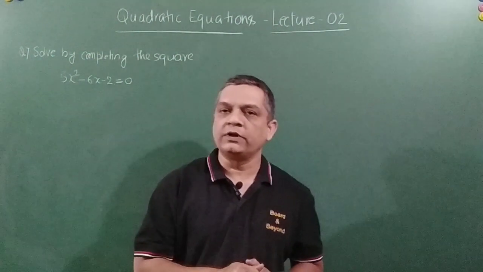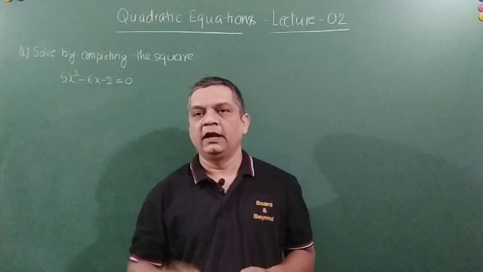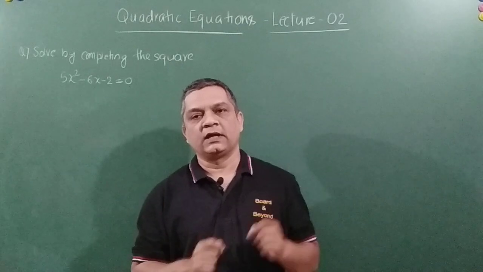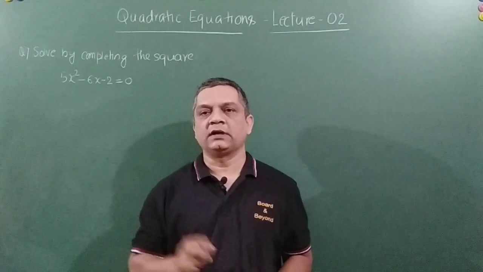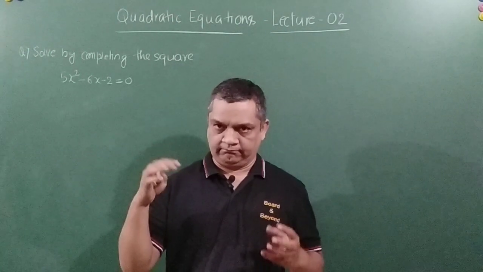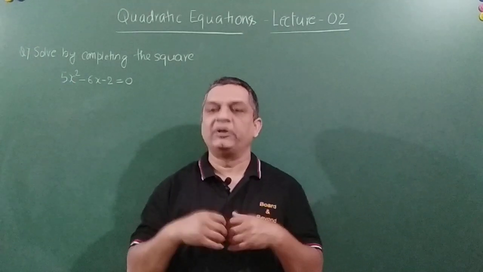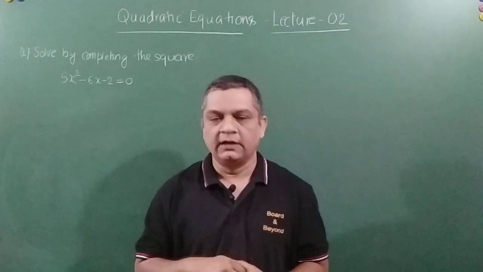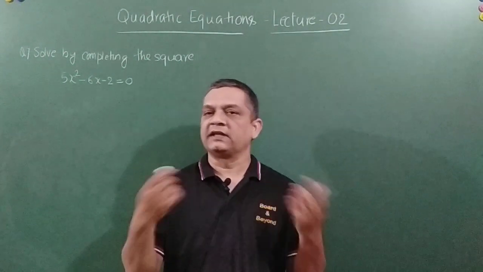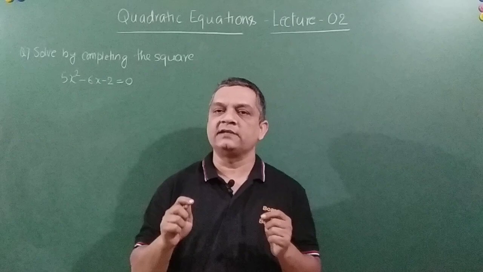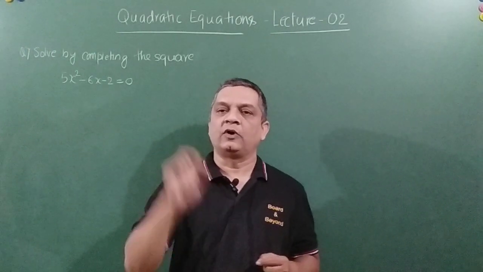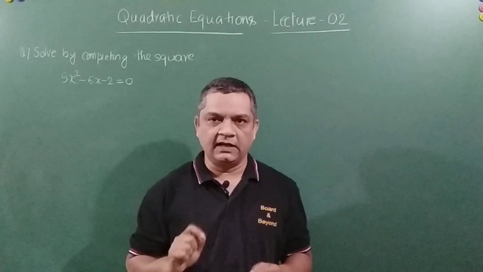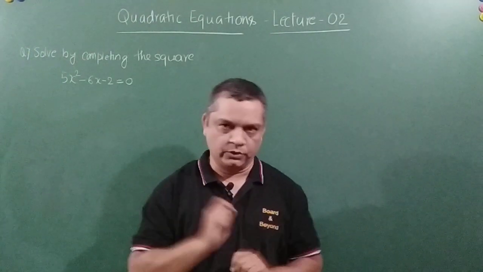So friends, today we are going to have lecture number 2, okay, on quadratic equations. So till now what we have understood is how we solve a quadratic equation by factorizing the middle term or splitting the middle term. That process is basically called factorization, right? In which we multiply the first and the last term, and the product we need to factorize in such a way that either the sum or the difference is equal to the middle term, right friends? So this we have seen and understood very clearly.